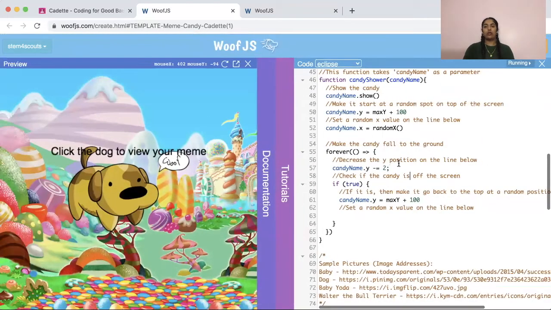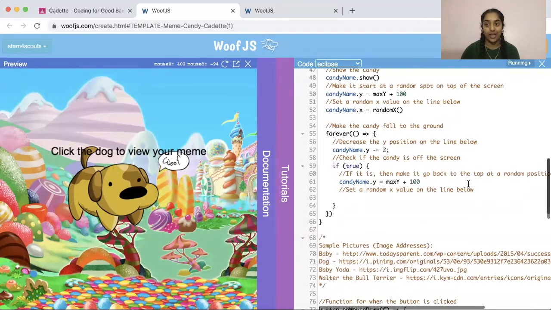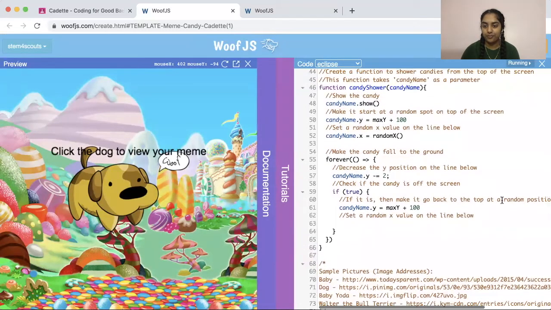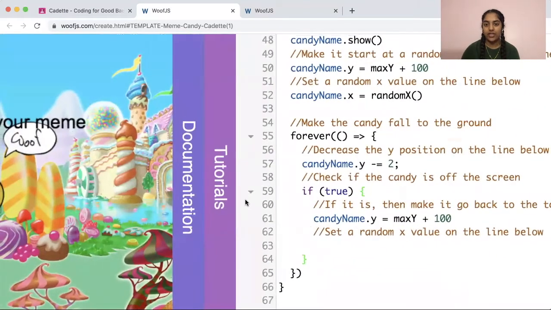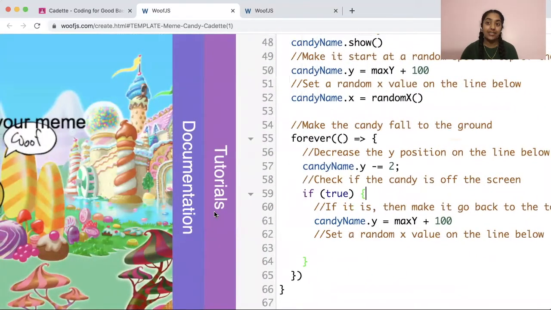And you can add a semicolon at the end. So all we're doing here, by decreasing the Y value, is decreasing its height along the top of the screen, and it's going to keep falling when we actually tell our function to run. So after we've done candy name.y minus equals 2,